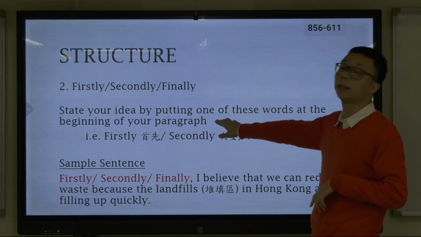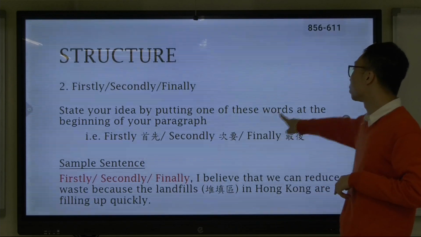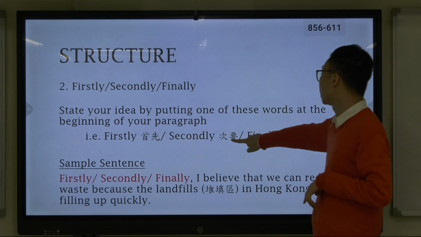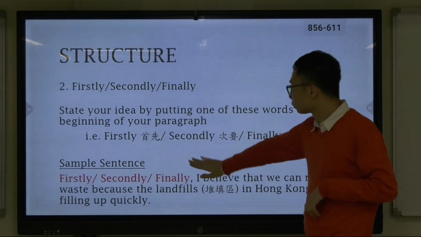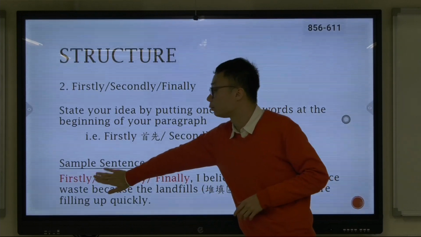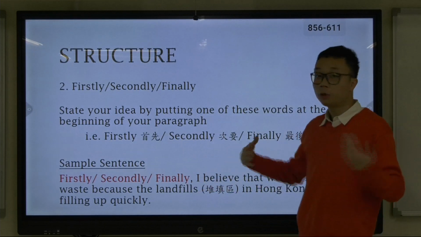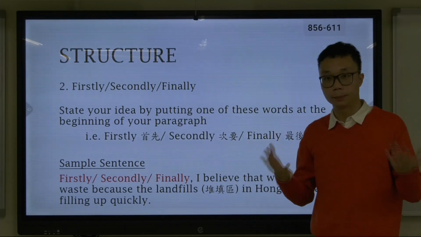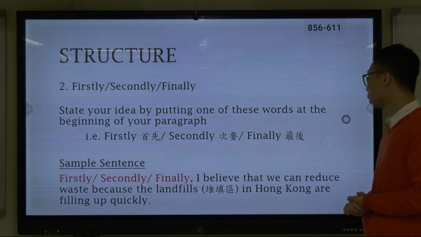This is how your textbook is phrased. State your idea by putting one of these words at the beginning of the paragraph. Firstly, 首先, second, 次要, finally, 最後. So, let's look at this sample sentence. You just choose one of these. If this is the first idea, you pick firstly here. Firstly, and then a comma. Make sure that you add a comma there. A little bit of a pause. Firstly, I believe that we can reduce waste because the landfills in Hong Kong are filling